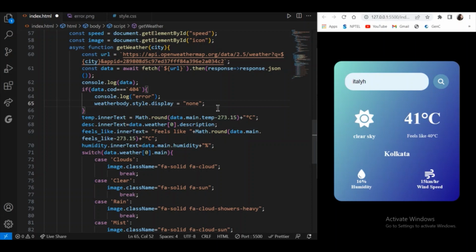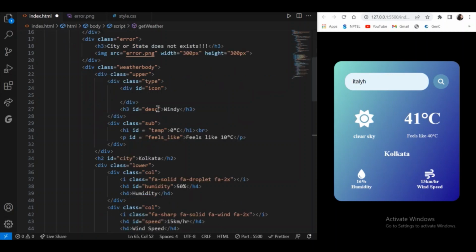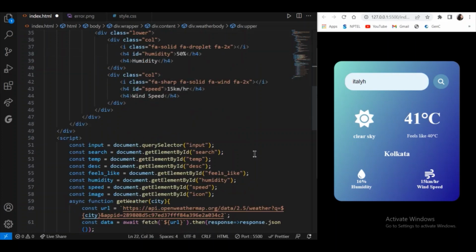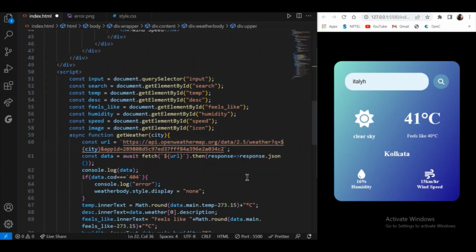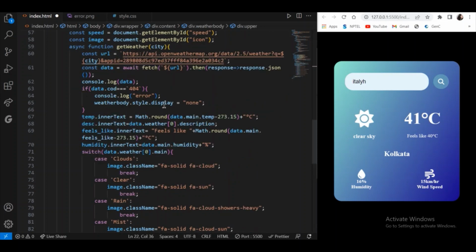console.log error. At first I will log some error message in the console, and then weatherbody.style.display equals to none. Weatherbody is the class of the division which wraps the whole weather content. This is the weather body. It contains all these four things, the upper part and the lower part, including the city name, Kolkata. So weather body is the main thing which displays the temperature details. If there is some error message, then these temperature details will not show. So weatherbody.style.display equals to none. Then